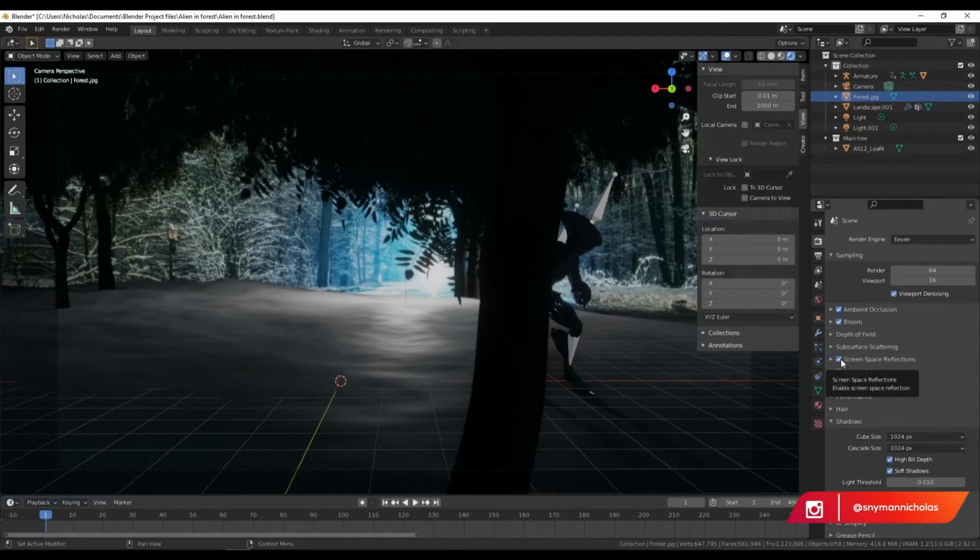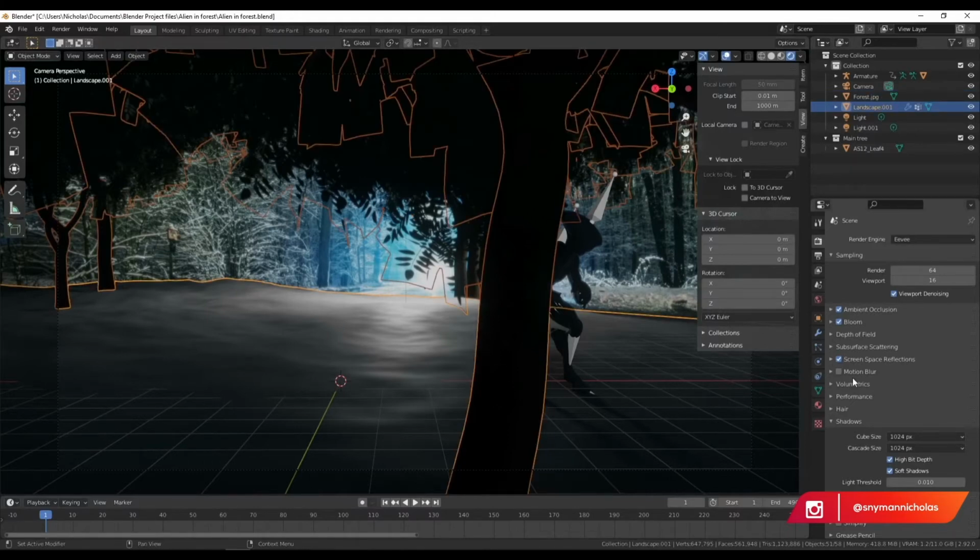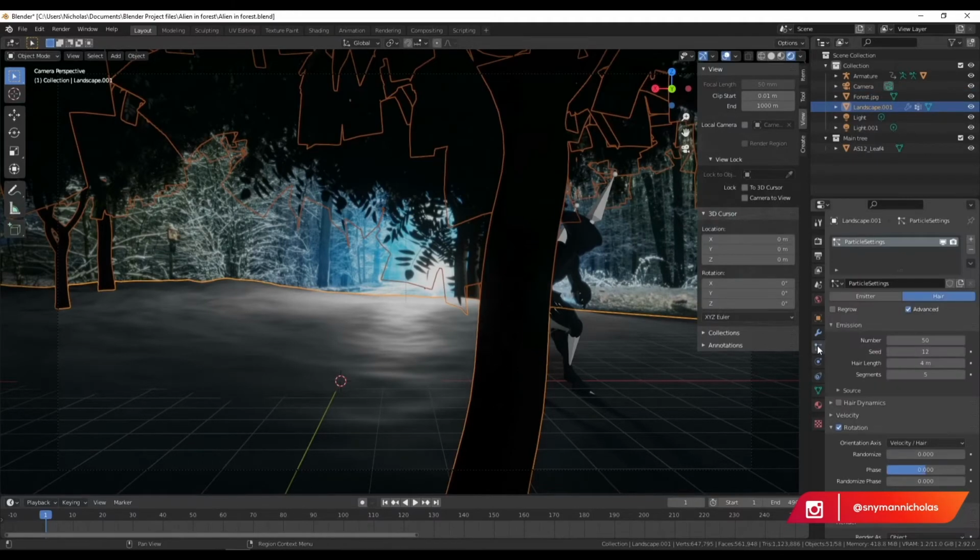Now that'll give you the most accurate and realistic lifelike renders in the game engine, which is the game rendering engine, a real-time renderer called Eevee. And then I just changed the shadow sizes here to 1024, and I clicked on high bit depth. Cool. And then also what I did is I just clicked on my surface here, and then I went to particle settings and I just played with the seed settings. So mine is on 12